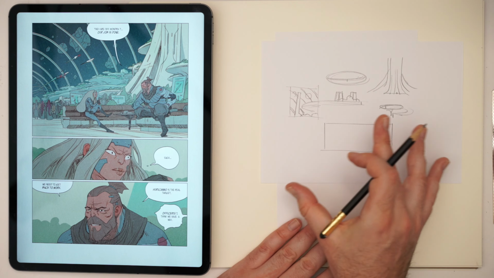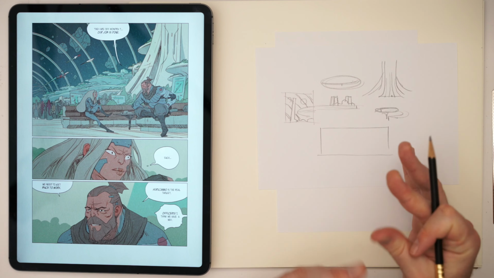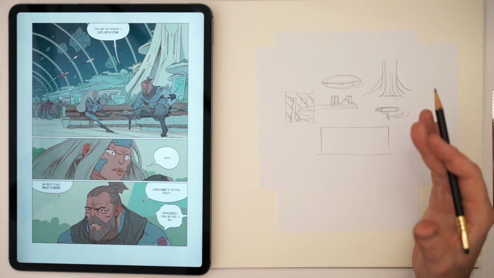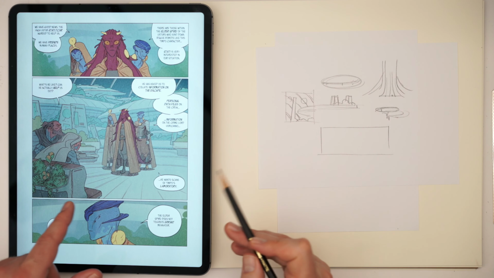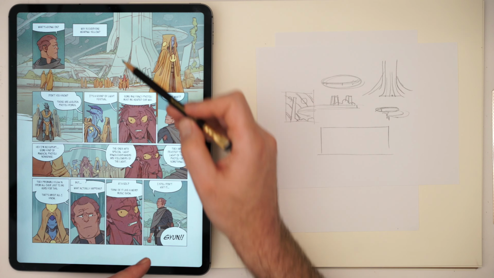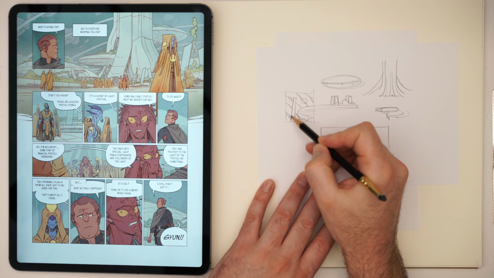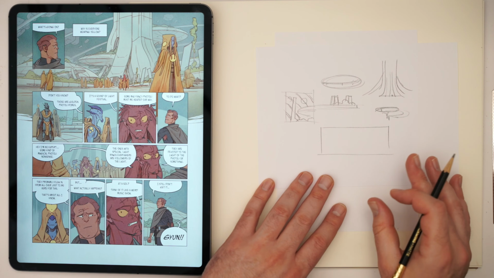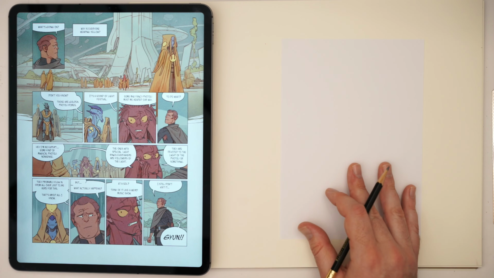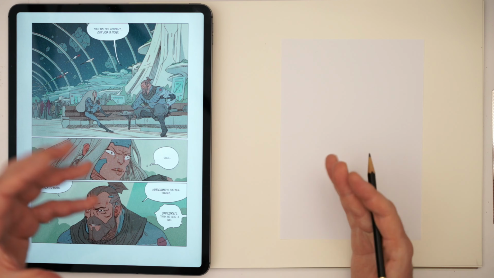But if you've seen previous videos, I go into this idea of using and thinking about yourself a little bit more as a director. And this is where we have simple little items. In the case of Mondra 7, this space station, we have these clamshell style shapes. We have big towers, we have areas of foliage, we have this big canopy. And what we're trying to do is say, well, look, how do I place those? How do I combine those? How do I use those to get the right emotion across for my scene? And how do I also show depth and make it look cool?